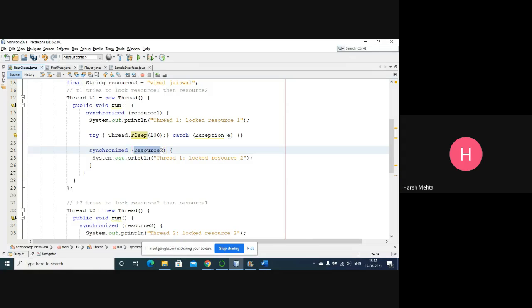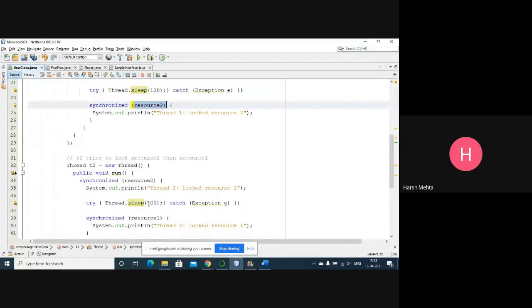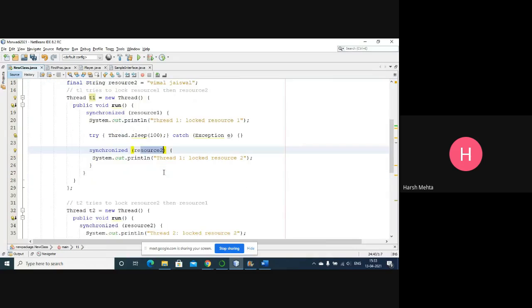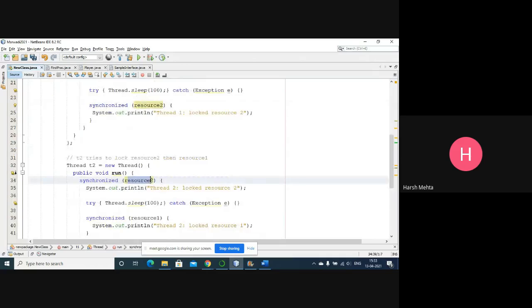It tries to put a lock on resource 2, but you see thread 2, which was put on hold or sleep mode, has a lock on resource 2, and this thread 1 tries to put a lock on resource 2 here, which is already held. Lock is already here. Okay, so thread 1 will wait. You see here, deadlock occurs.